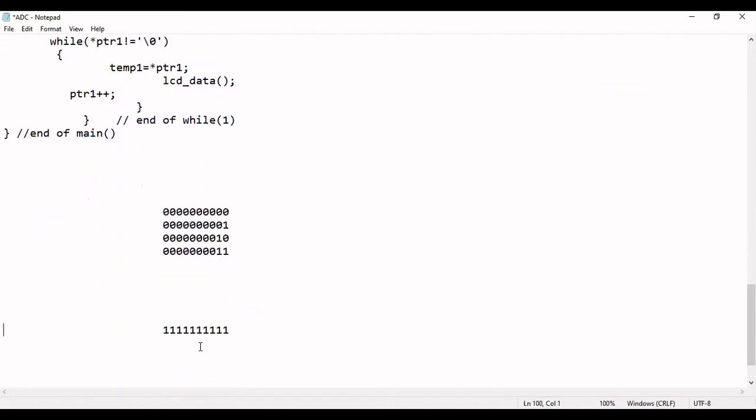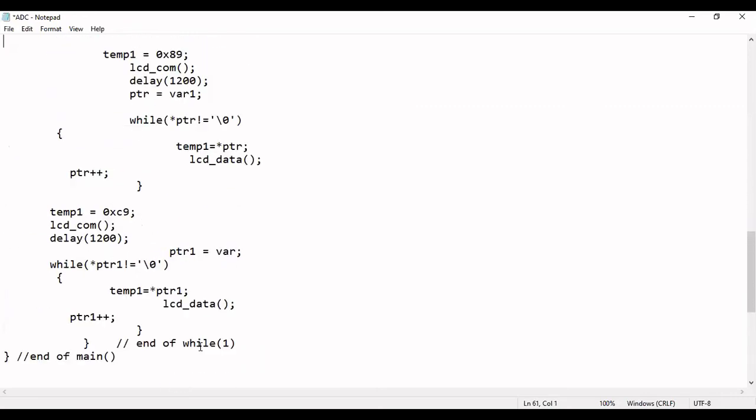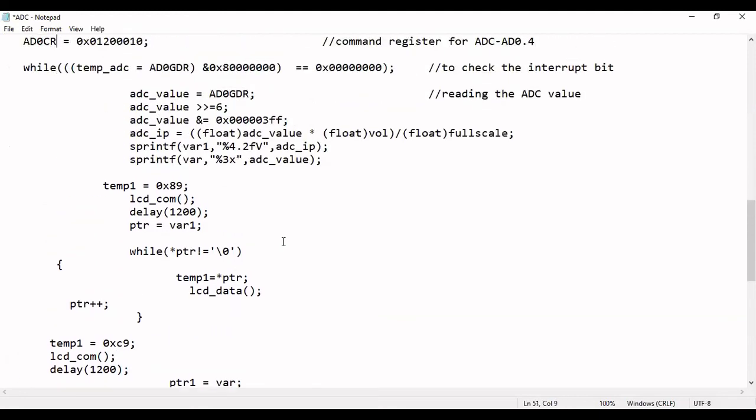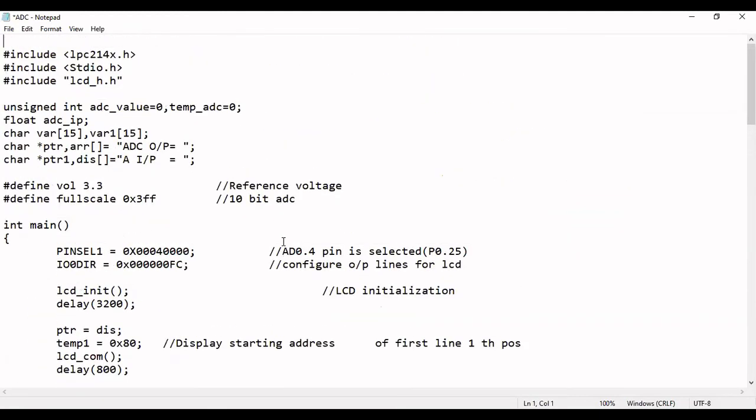So this is the program. You will have two rows in the LCD. In the first row, you will display the result. In the second row, you will display the analog input value, whatever analog input value you have. After conversion, the digital value will be printed on the first row. There are two messages we have already seen in the beginning: ADC output equals.